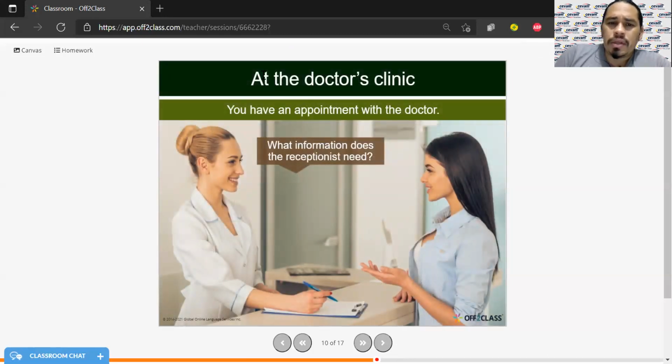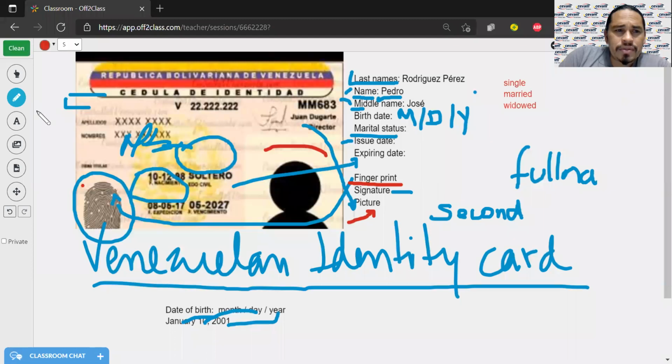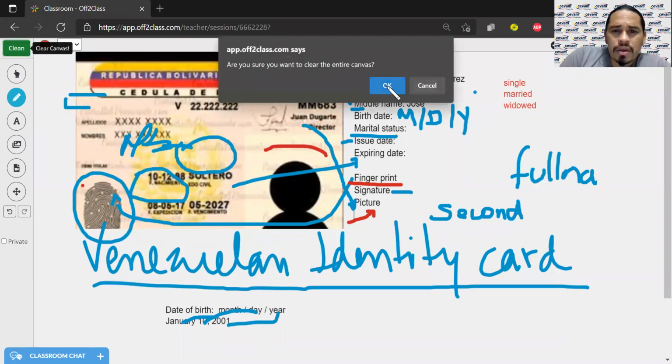Here, I'd like to share this information with you later. However, let me clarify some of the information. An appointment es una cita médica. Okay, let's go to the canvas to establish the